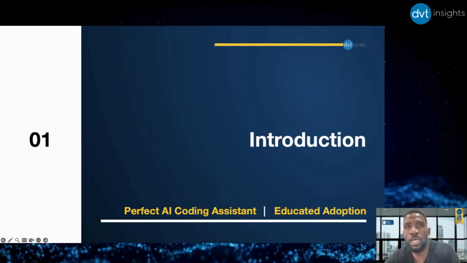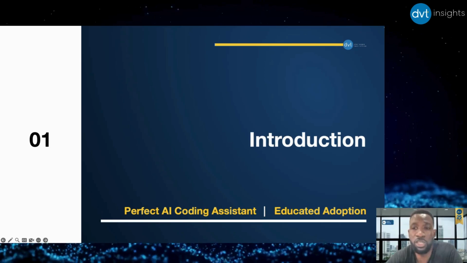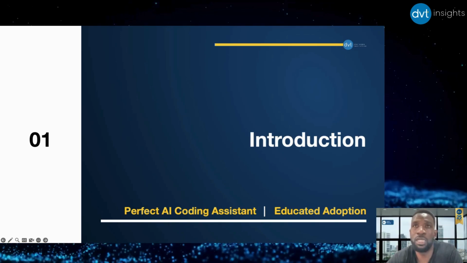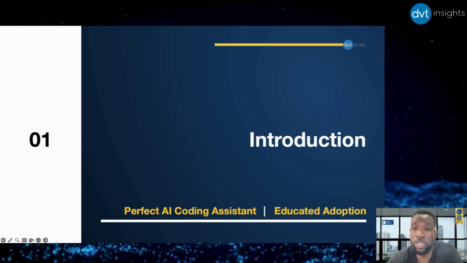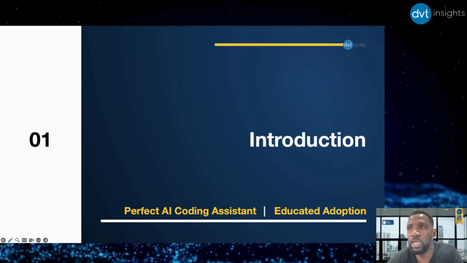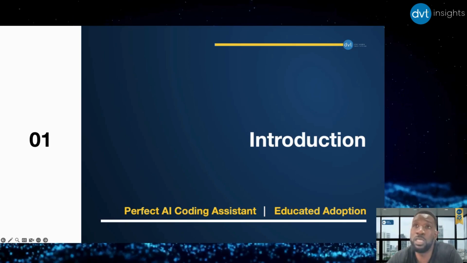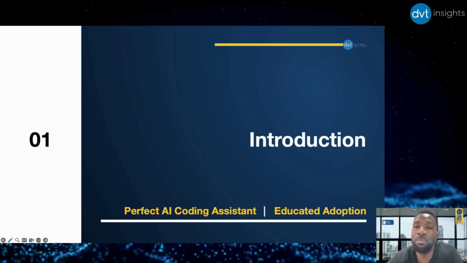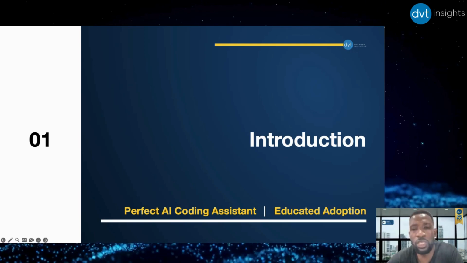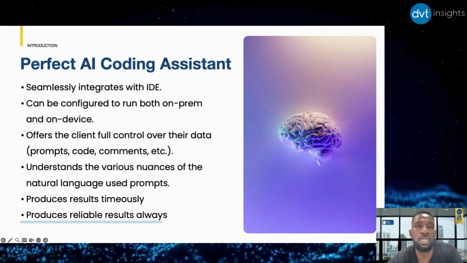And when we look at the adoption of AI right now, in the next 5 to 10 years, in my belief, AI will still be the topic of the technical sector. And AI adoption is already spread across several sectors, from law to finance to software development. And when it comes to software development, one particular area where adoption is to be considered is the adoption of AI-powered coding assistants. And if we have to adopt, we'll have to start by looking at what is the quality of a perfect AI coding assistant.